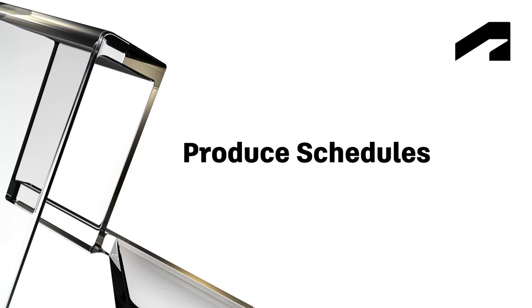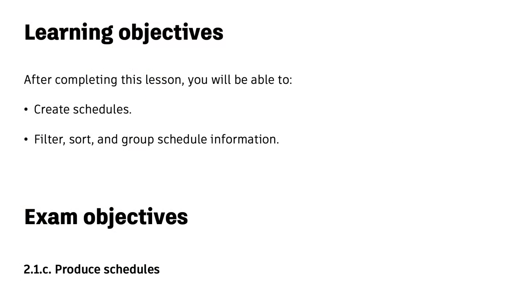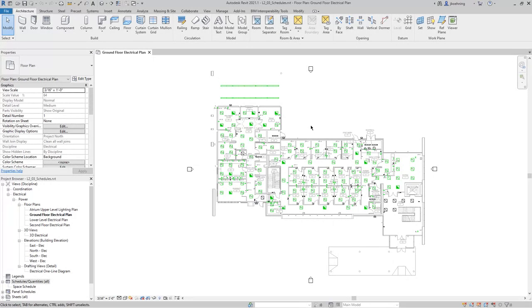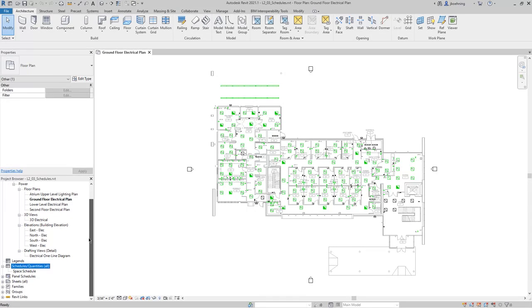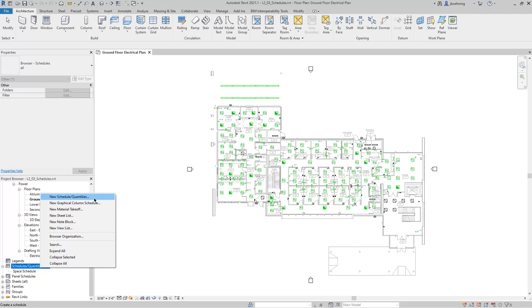In this video, we will cover creating schedules and filtering, sorting, and grouping schedule information. Schedules are a great way to report the information in your building model. To create a schedule, you can find the Schedules Quantities branch in the project browser, right-click that branch, and choose